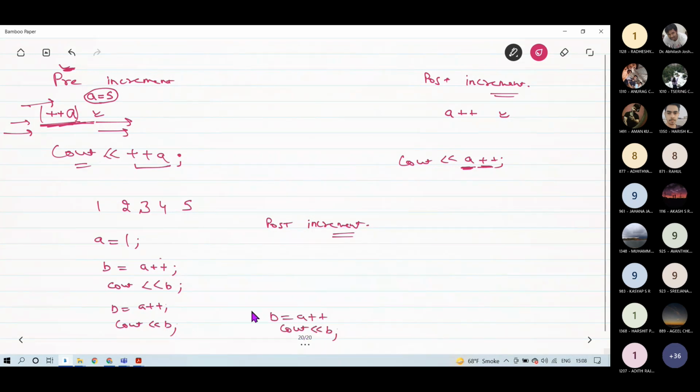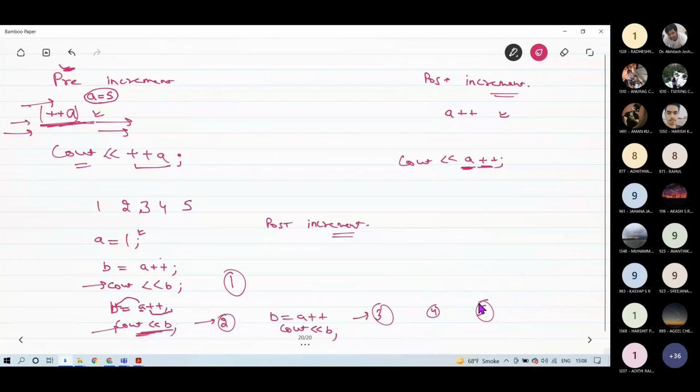Right? In this manner, you can say I have initialized this A by 1. For this particular line, it will create an output 1. And later on, it will increase the value of A to 2. Now, in this line, the present value of A is 2, which will be assigned to variable B. And after the completion of this task, the value of A will increase by 1. So after the completion of this task, the value of A will become 3. But at this Cout, it will show you 2. Similarly, it will show you 3. Similarly, it will show you 4 and 5.